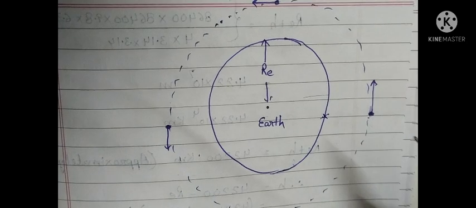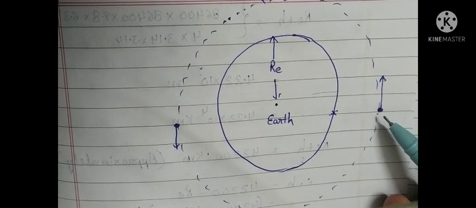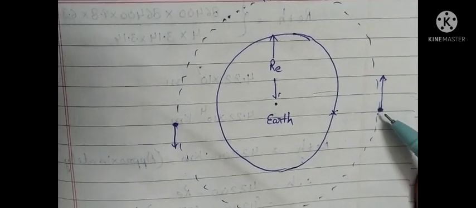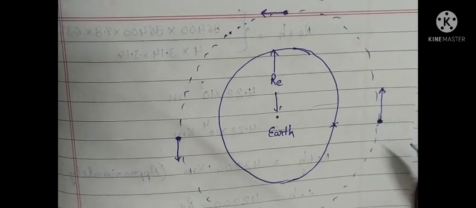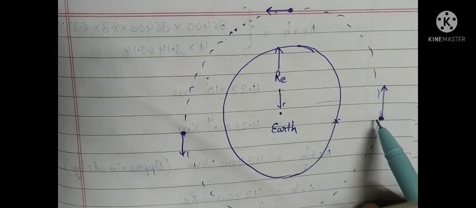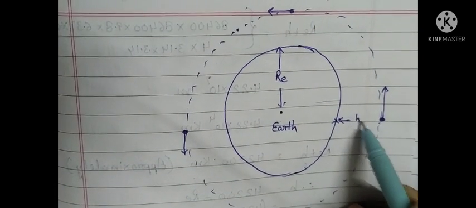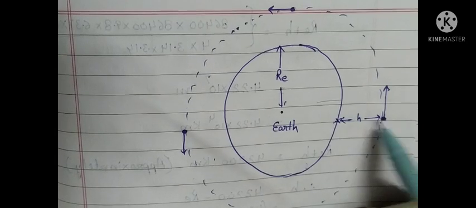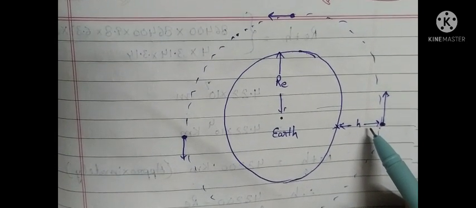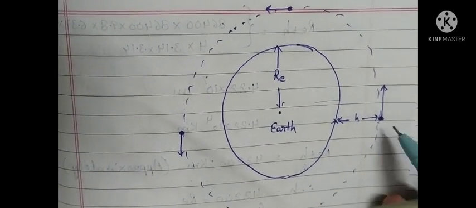So for the geostationary satellite, the time period of the satellite must be 24 hours. It must complete one circle in 24 hours. Then this is a geostationary satellite. Now here we will calculate what height the satellite should be placed. We have to calculate this distance from the surface of the Earth, at which the satellite should be placed for treating as a geostationary satellite.